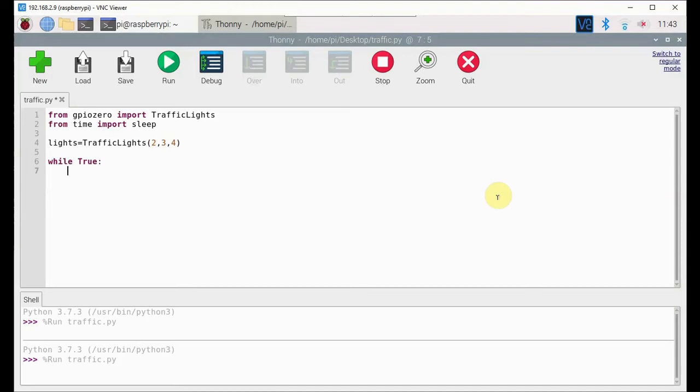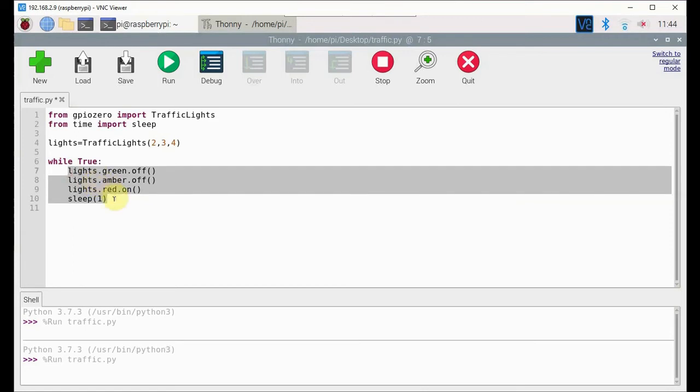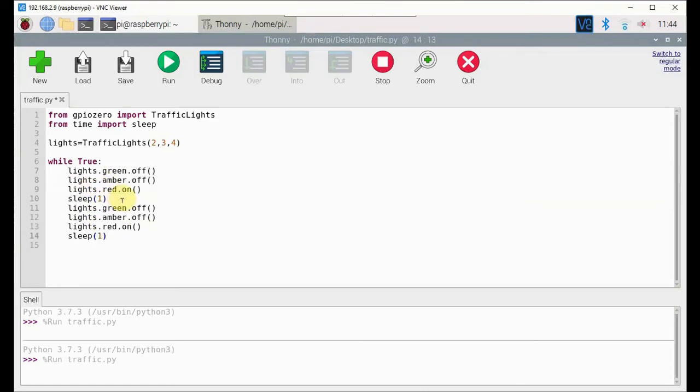Let's write the code to make these LEDs work. In the second state, the green LED will be on, so make it on.